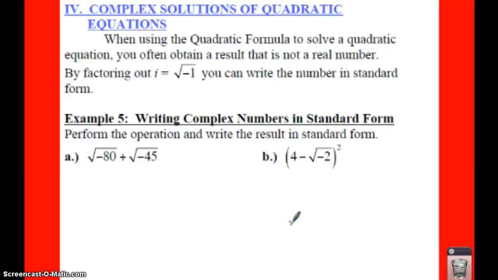Okay, there are some times when you need to simplify complex numbers and write them in standard form. So the big thing you need to remember is that when you factor out a negative or a square root of -1, that's going to be an i, and you can write that number in standard form. So if we want to simplify these two problems here,